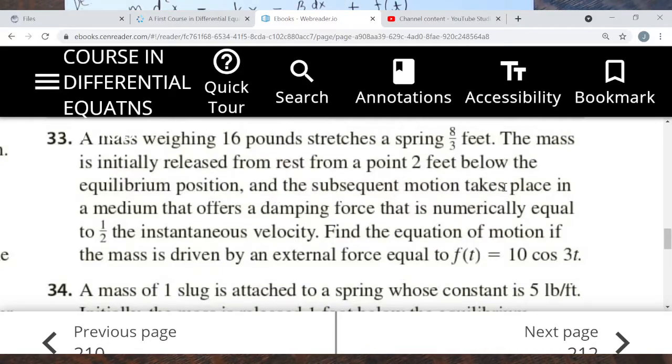And the subsequent motion takes place in a medium that offers a damping force that is numerically equal to half the instantaneous velocity. So that's that beta, half dx/dt is the damping force. Find the equation of motion if the mass is driven by an external force equal to 10 times the cosine of 3t. That's the f of t there. So they've given me a lot. Okay, so going back to my paper,